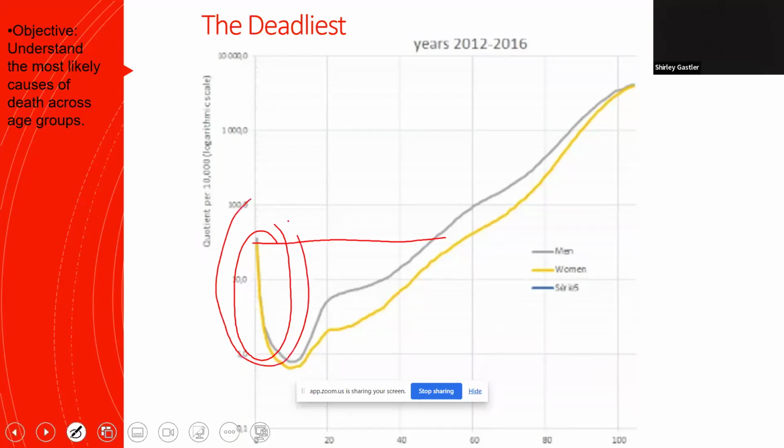Down curve that I started to circle here, this is basically your 1 to 5-year-olds. You've got a whole subset of people, children specifically, that have higher death than even people in their 40 to 60-year-old range, because of all of the different pediatric causes, certainly, and we'll go through the specifics. This is something that I've always found interesting with this age group.